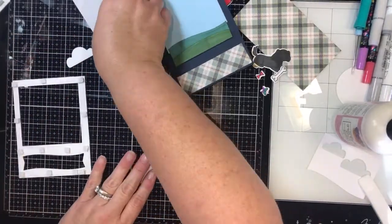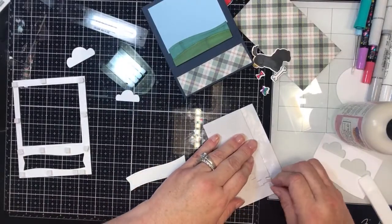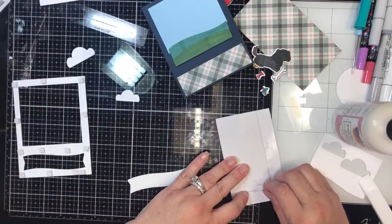I'm also going to pop dot this. I don't remember what else I pop dotted. I'm going to have to look at my thing. I pop dotted the dog and the...